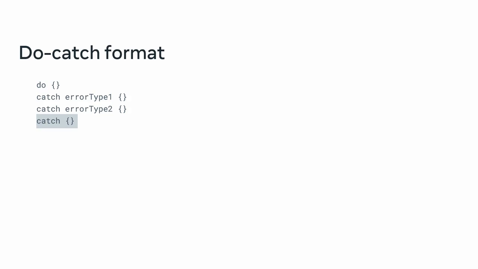Catch blocks work like switch statements, but for errors. Like a switch statement, a catch block requires a default case, and the default case is a catch block that doesn't list any errors. If no previous catch blocks list an error, it will be caught by the default catch block. Each separate catch block lists the specific types of errors it will be dealing with. Because the default catch block doesn't list errors explicitly, a variable called error is available automatically to examine what error